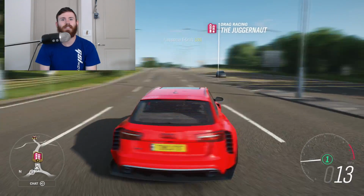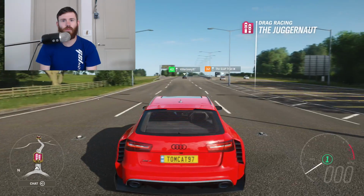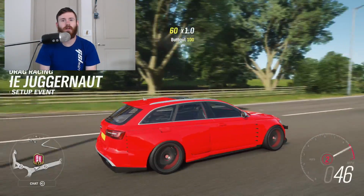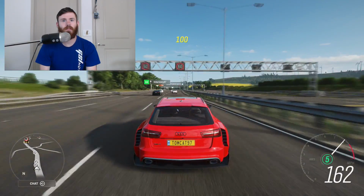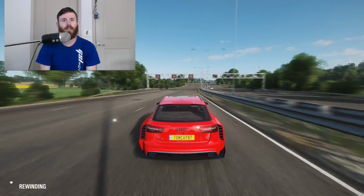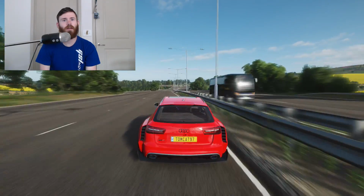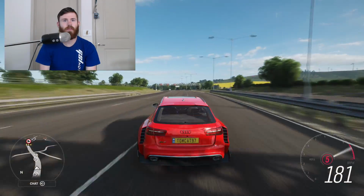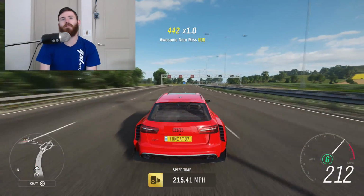All right. Let's see what this thing can do off the line. That's too much. Way too much. 3, 2, 1, go. I mean, it spins a little bit, but very little. Come on. You know what? I don't know how much speed that scrubbed, but I'm not going to risk it. It's like right in the perfect place for us to hit it. You know what I mean? 215 miles an hour. So,